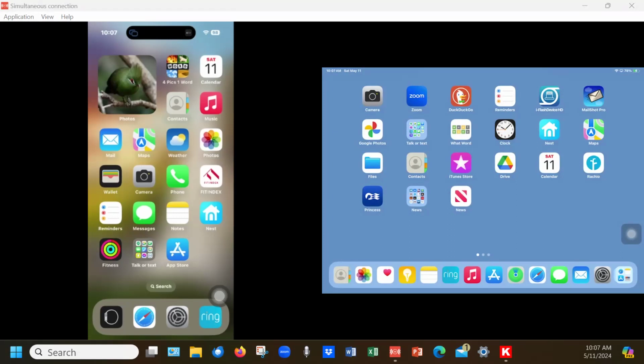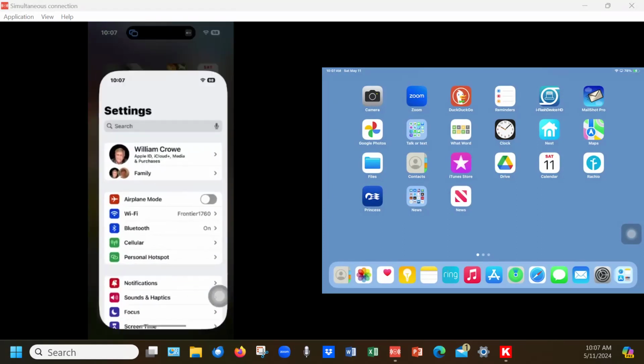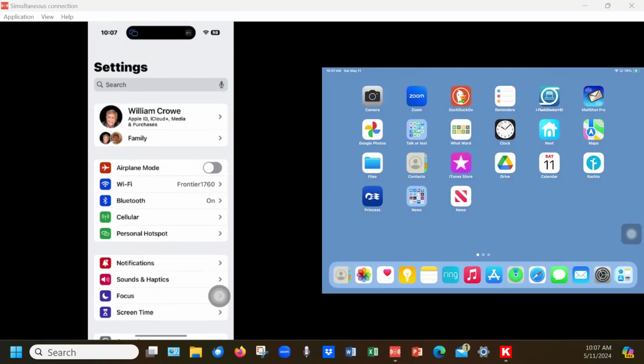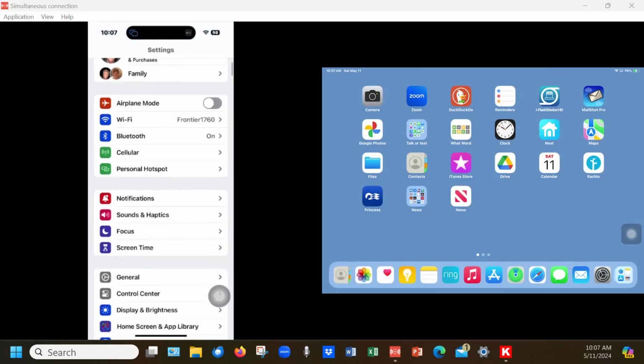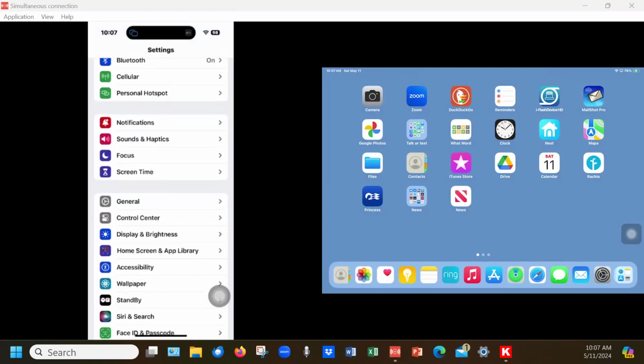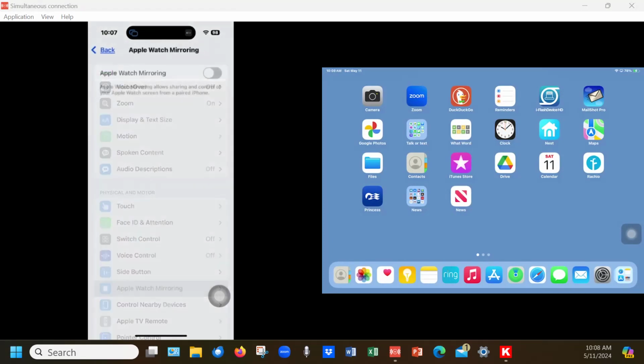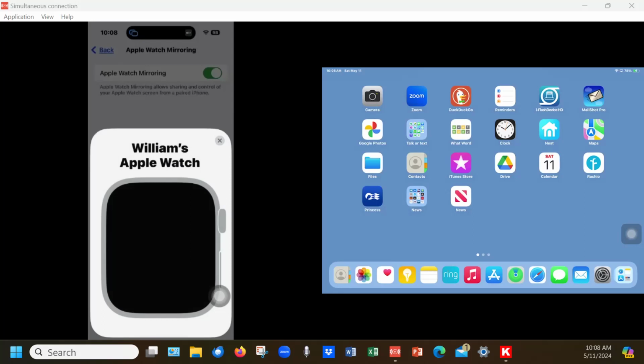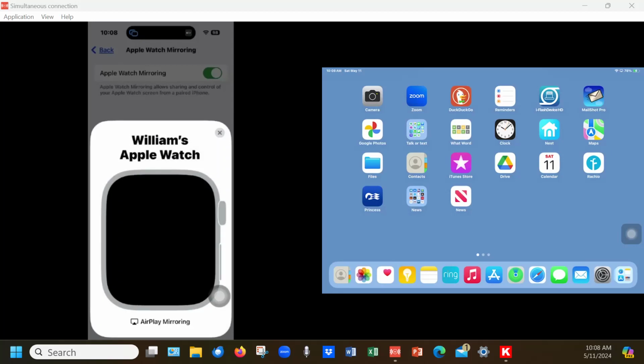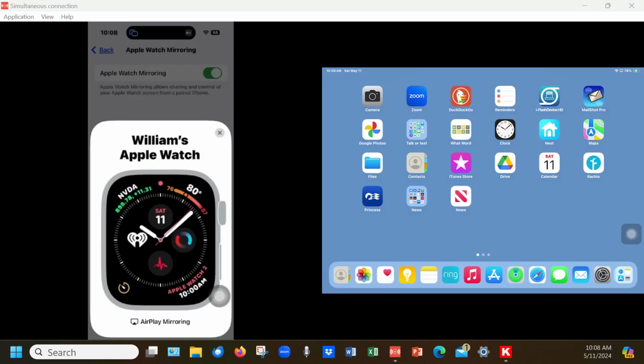Okay, so if you get a call on your Apple Watch, now I want to share my Apple Watch screen here. Okay, and so if I get a call,